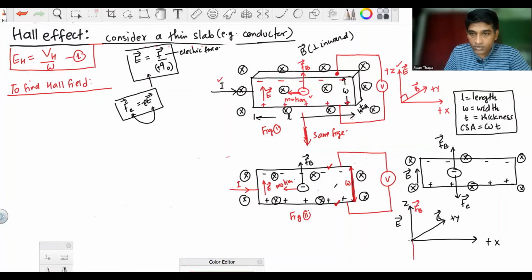And we have electric force which is opposite to electric field, since electric field is acting in upward direction. So electric force experienced by negative charge is towards negative z axis, that is opposite to electric field, which is acting along positive z direction. So this is to be noted. Now what we do,